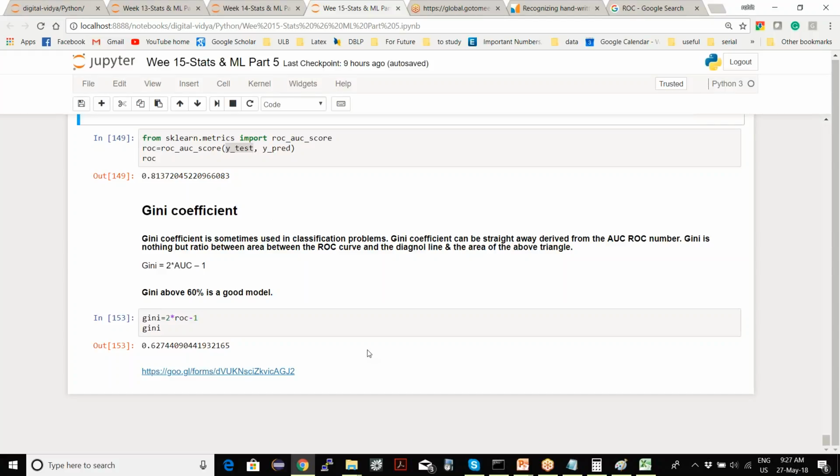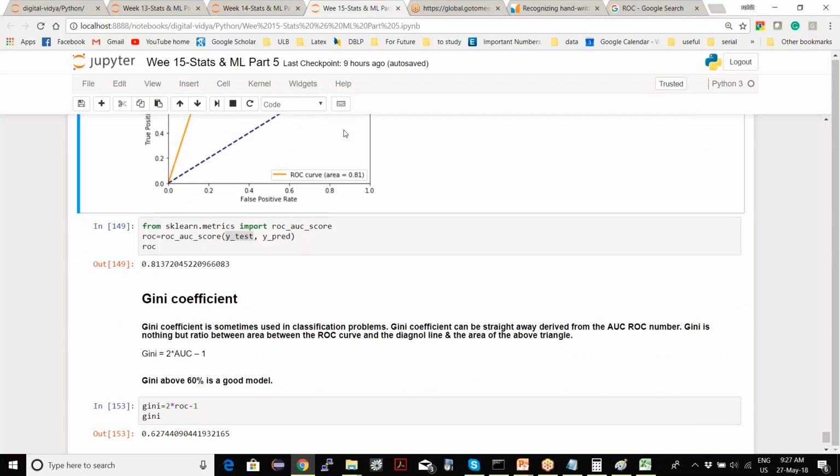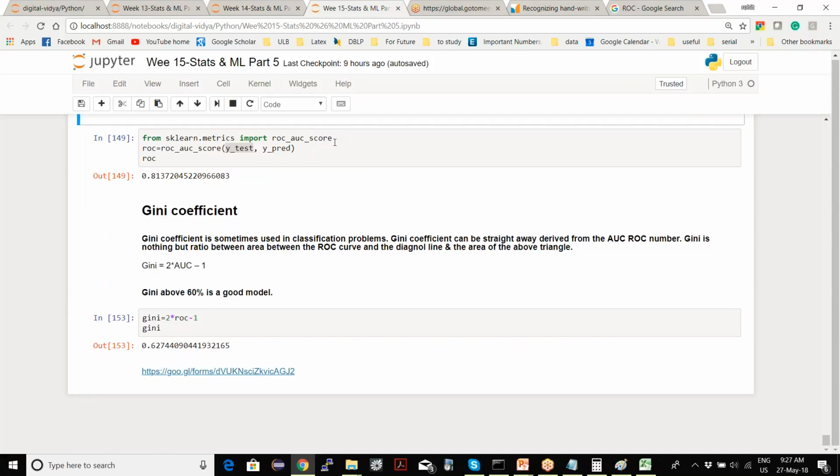Okay. So similar to the ROC curve, there is something called the Gini coefficient, which is nothing but two times your AUC score minus one. This is actually the area of this triangle, showing how much better the model is than a random prediction. So this triangle area is your Gini coefficient, 2 into AUC minus 1. And the rule is that if you have a Gini score of more than 60%, it's a good model. It is again basically checking the area, but only specifically the triangle.